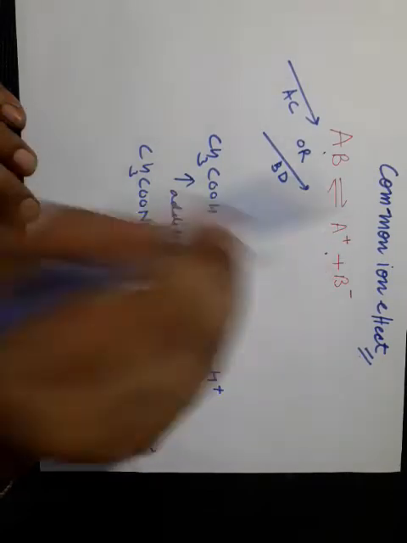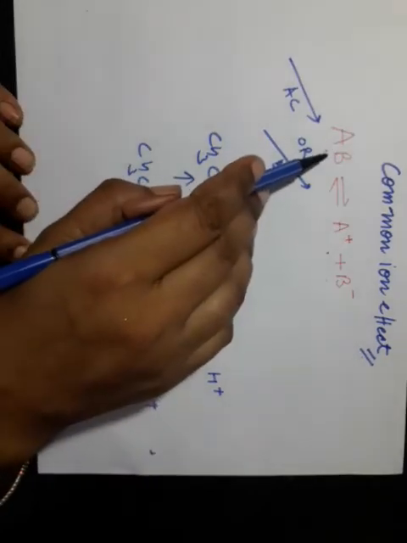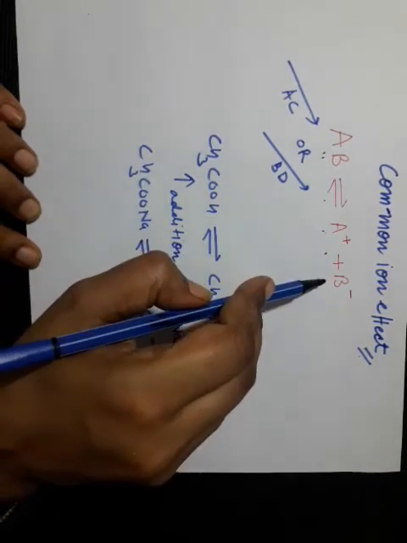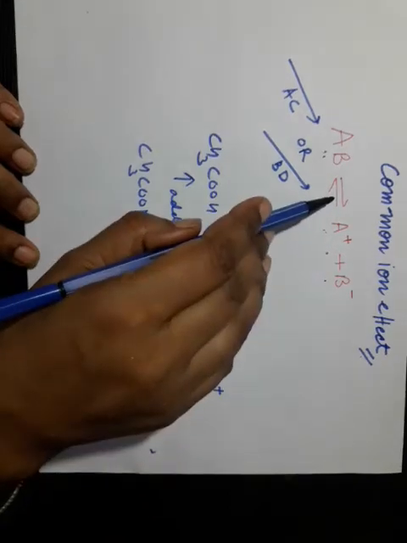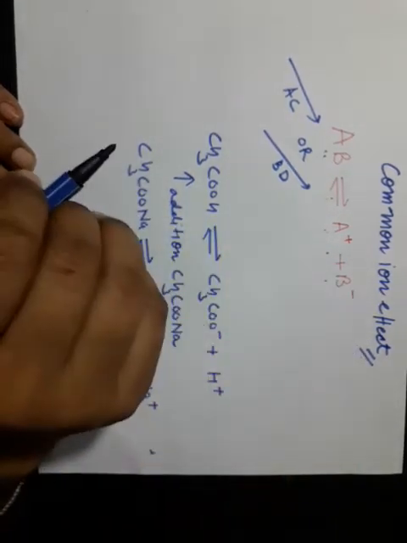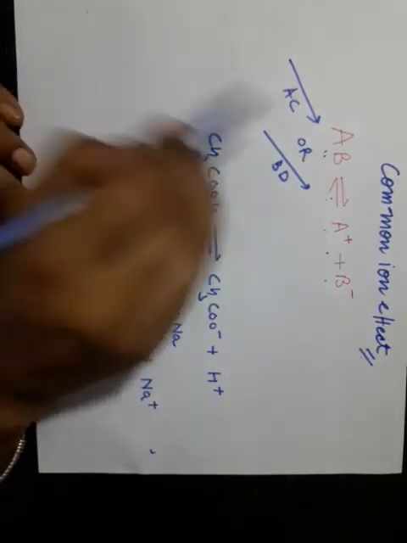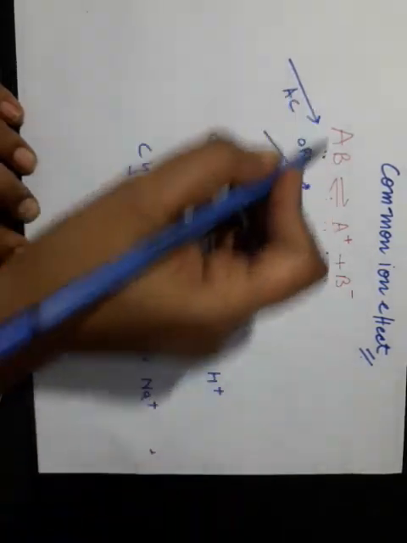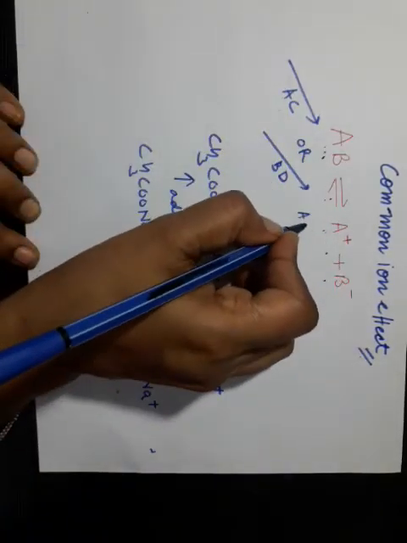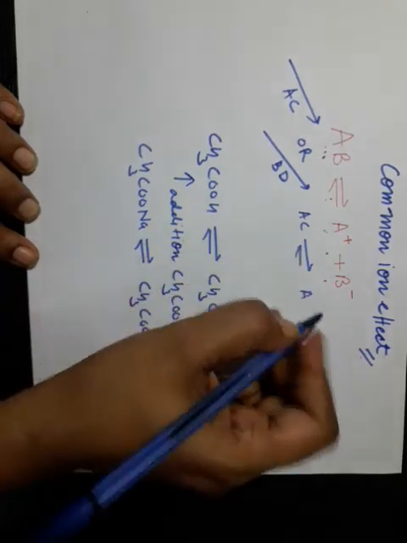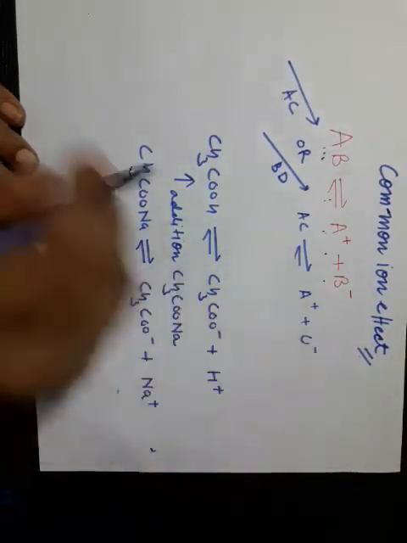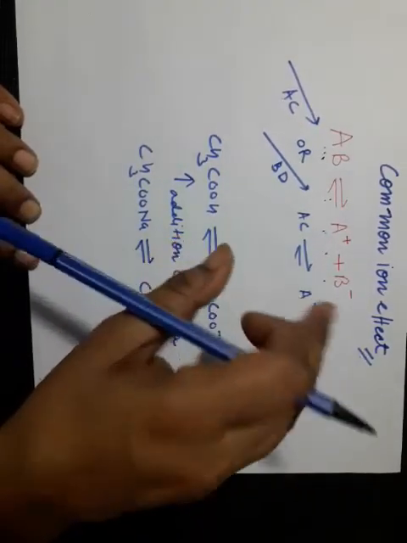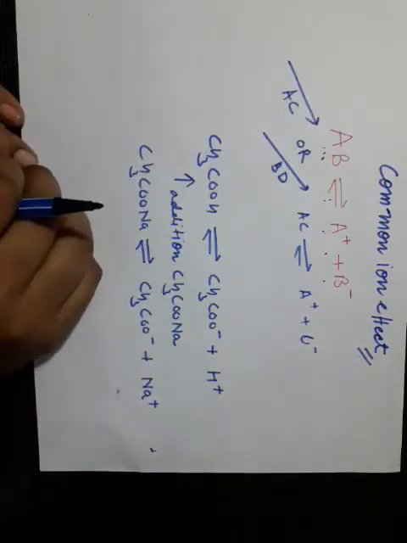Now we are going to discuss common ion effect. See, suppose we have any salt AB. It forms A ion and B ion, and they form equilibrium between them. Then after a certain period, another electrolyte is added to that AB electrolyte, having a common A ion. Suppose we add AC to that solution. Now in the given solution, A ion concentration is increased and the reaction goes in the backward direction.